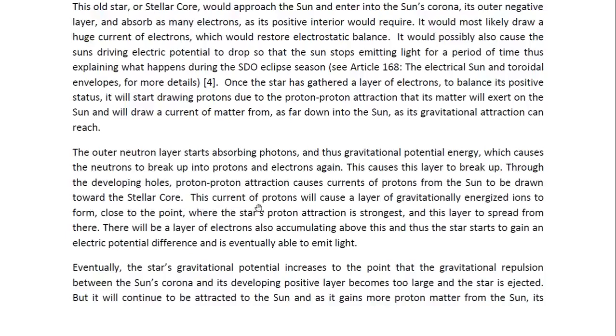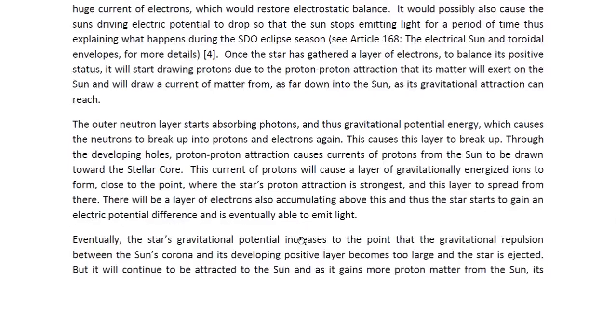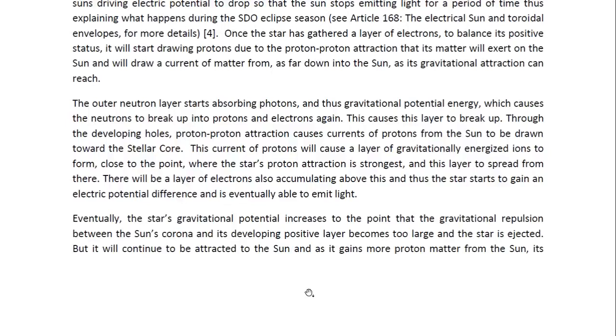And this current of protons will cause a layer of gravitationally energized ions to form close to the point where the star's proton attraction is strongest. And this layer would then spread from there. There would be a layer of electrons also accumulating above this, and thus the star starts to gain an electric potential difference and is eventually able to emit light. Eventually, the star's gravitational potential increases to the point that the gravitational repulsion between the sun's corona and its developing positive layer becomes too large, and the star is